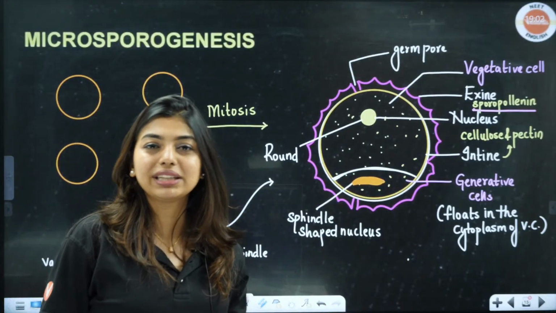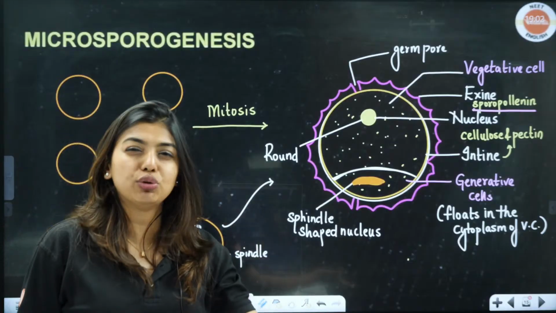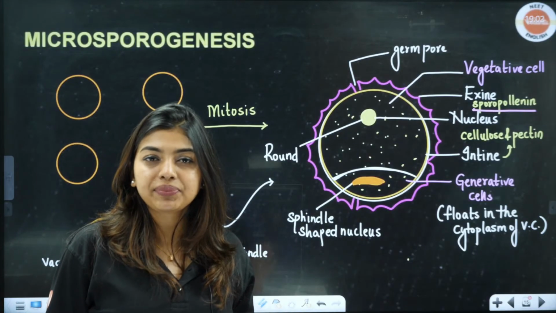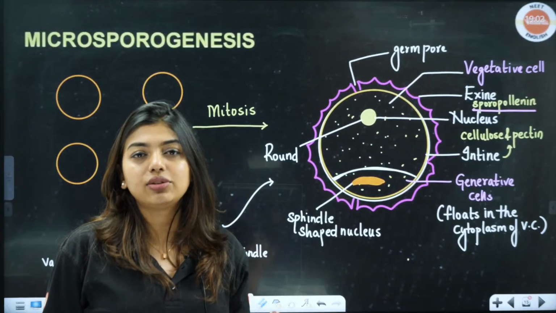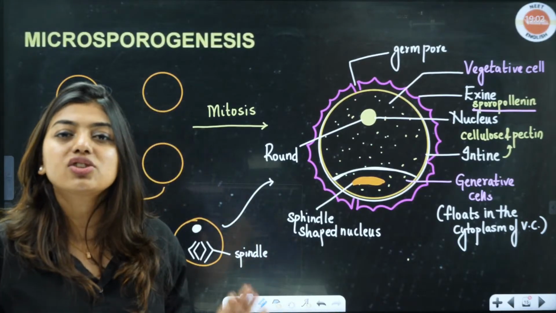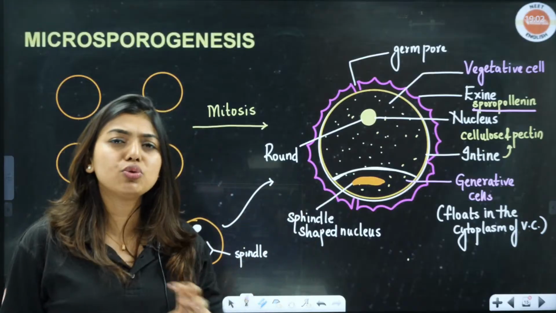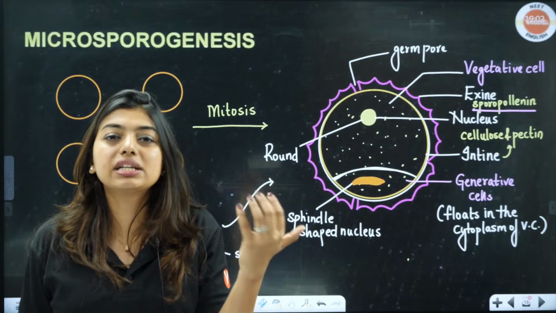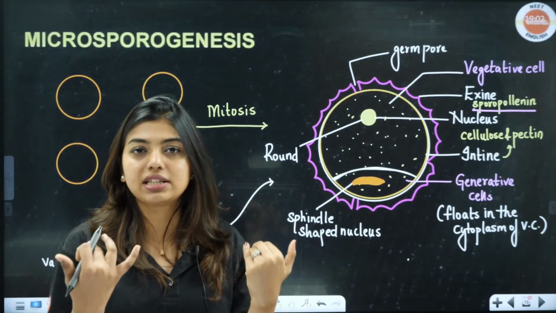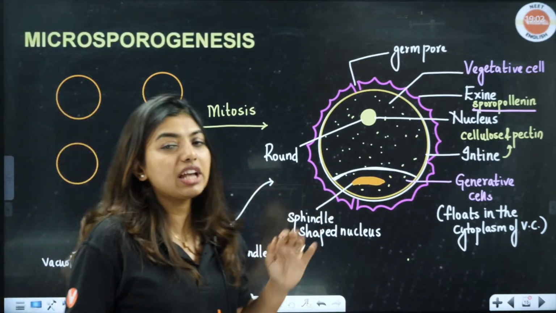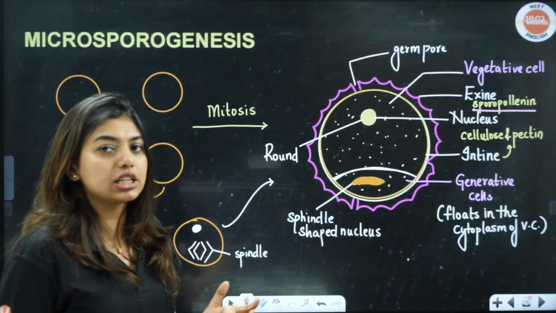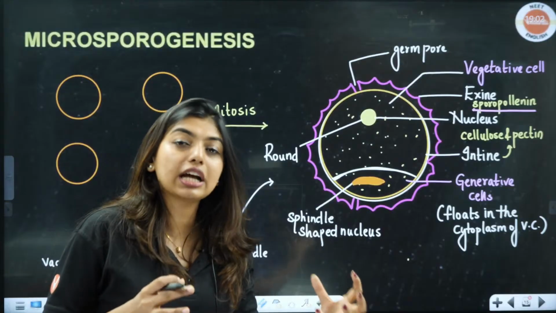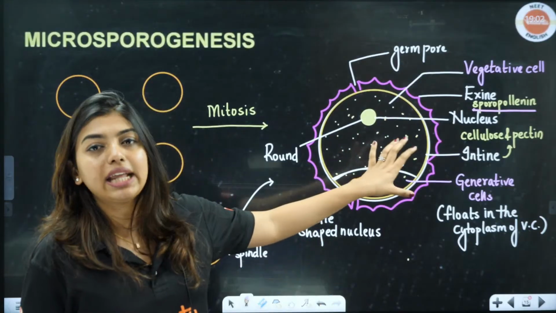Just like how our mothers tell us, whatever I scold you, you will not understand, you have buffalo skin. So that is the same thing here, sporopollenin. You put acid, you put alkali, you put temperature, it will be like, I don't care. Because I am the most resistant substance in the world, okay? And we have not found anything that would degrade this sporopollenin. Because of which, students, the job of protecting the pollen grains during transfer, exine will take care of.